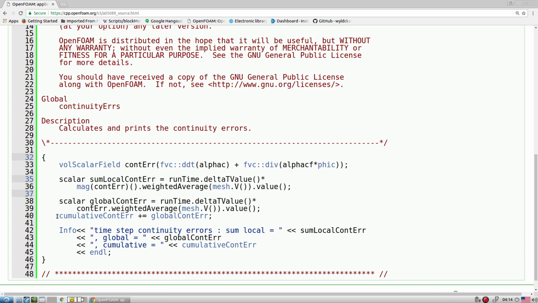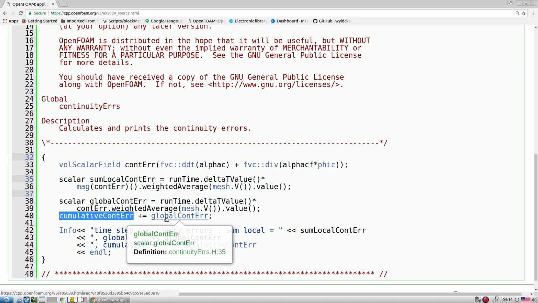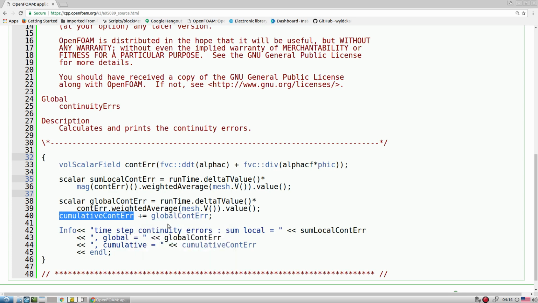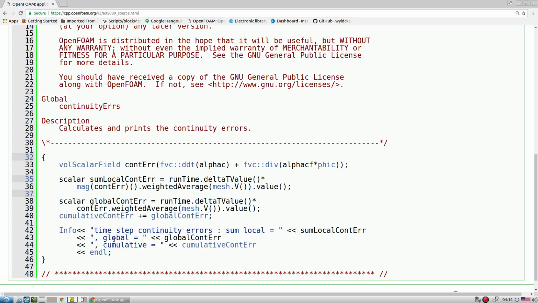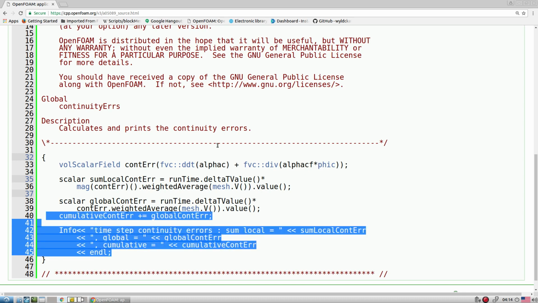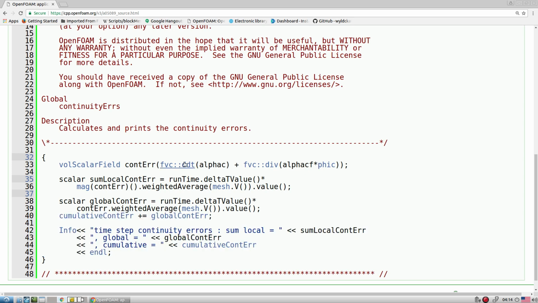Cumulative is the summation of all the errors, and global error is the error at that particular time. So this is the output you can see when we run the simulation: global error and cumulative error. This is what I wanted to show you, from where exactly you can get that entry. So this is the place.